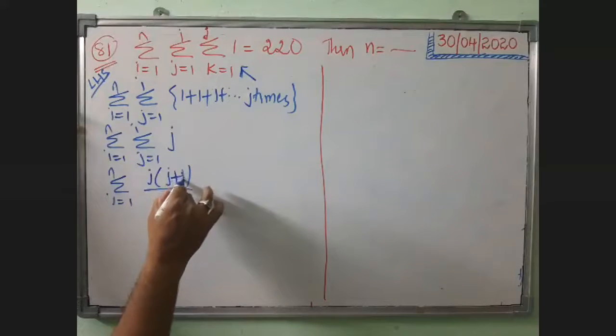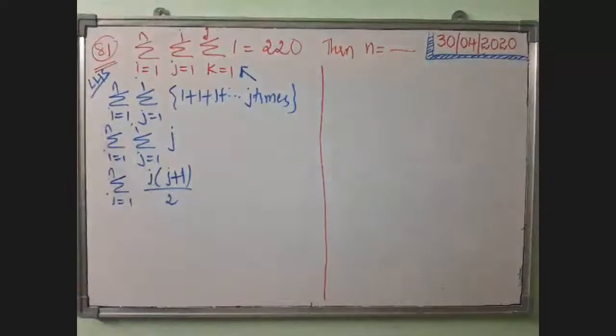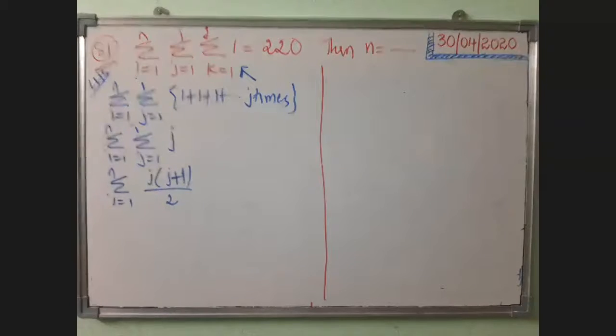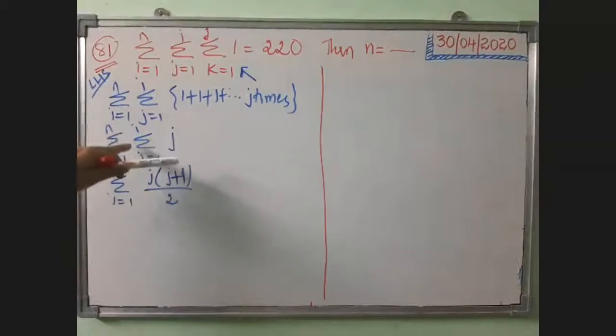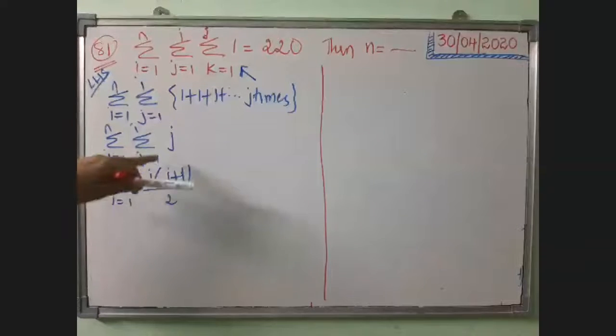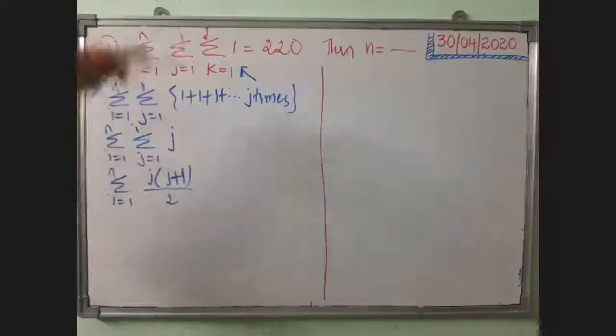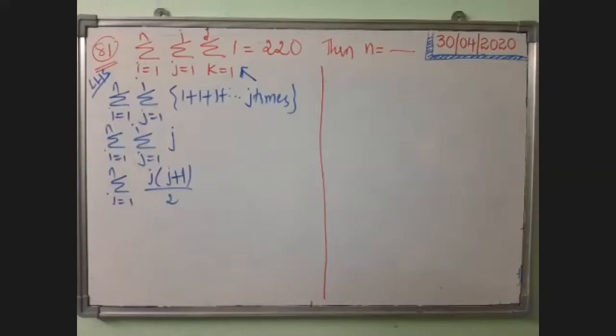This is the value. Just like sigma n. Sigma n is what? n into n plus 1 by 2, the first formula which I wrote today. Just like this is sigma j, I mean sigma j up to i. What's the meaning of that? The j value starting from 1 means 1, 2, 3, 4, and it goes up to i.